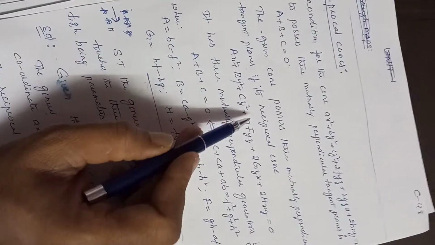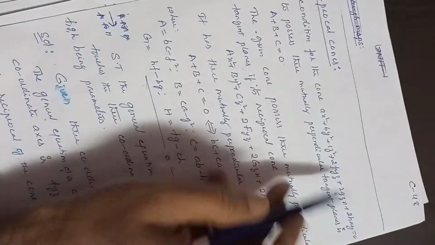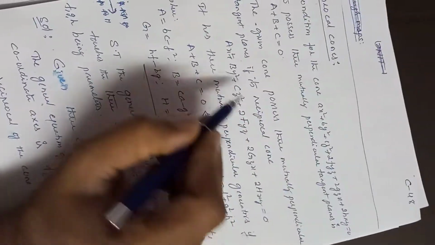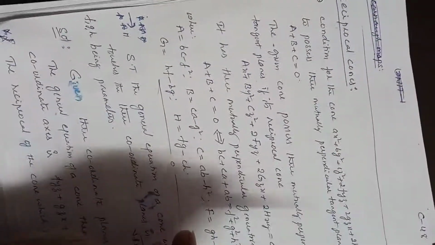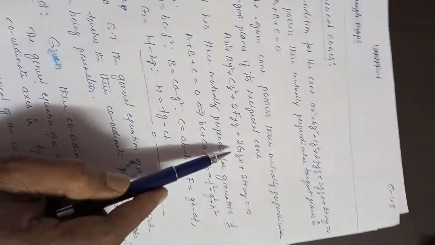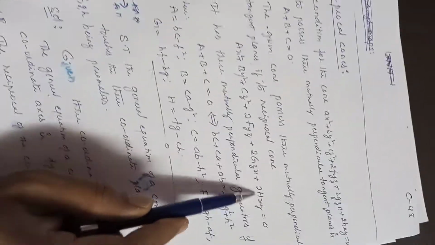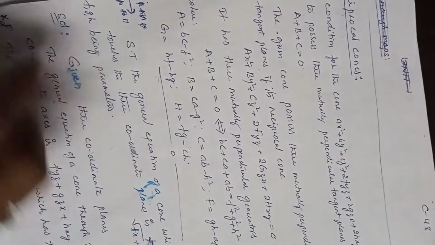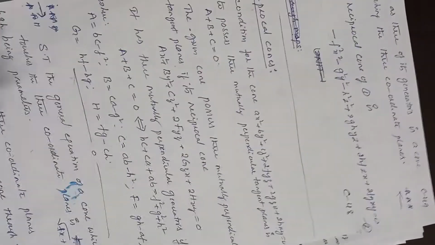So, now here tangent planes, if it's a reciprocal cone, a reciprocal cone is simply the cone as it is, but you have to replace small letters by capital letters only. For any equation, if the cone equation is given to you, its reciprocal cone is always of this form only, where we have to find capital A, capital B, capital C, capital F, capital G and capital H. So how to find those capital A, capital B, capital C and F, G, H values?